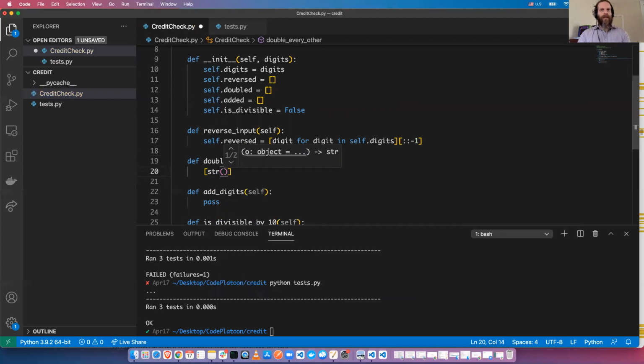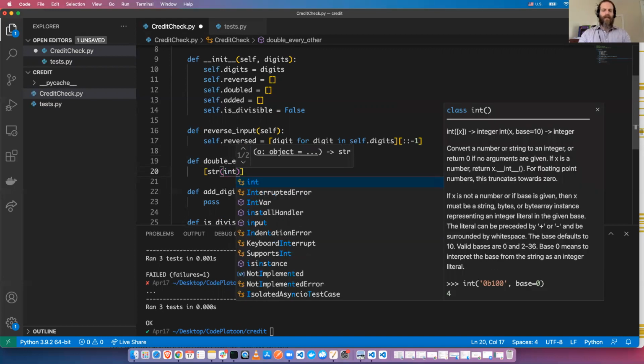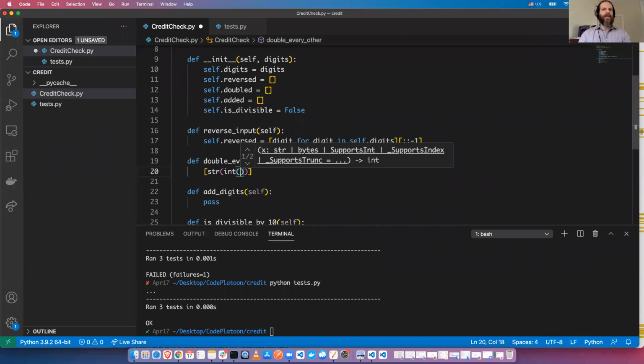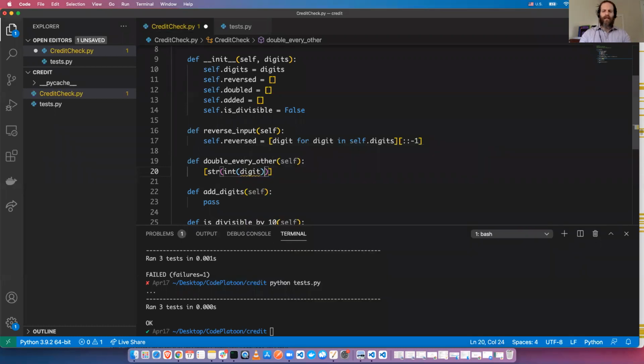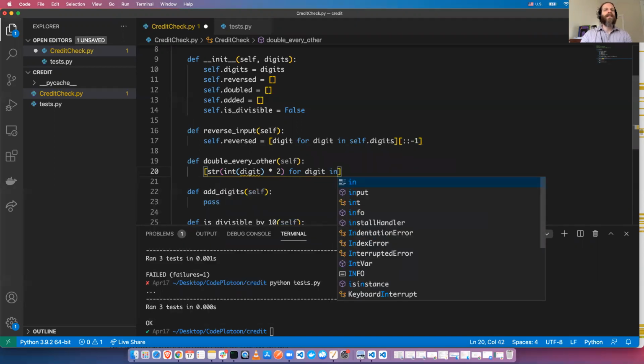Let's say we want to keep things as strings for now, ultimately. But when we actually do this operation, we're going to need to convert it to an integer. So int digit times 2. Yeah, so string int digit times 2 for digit in